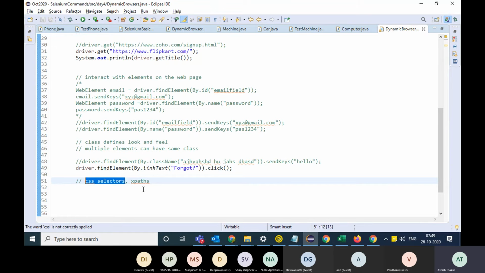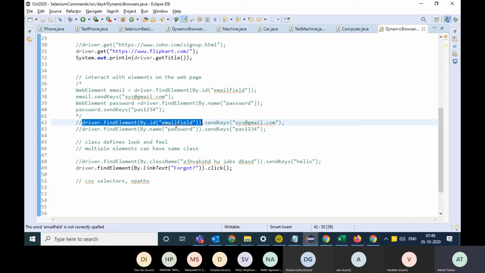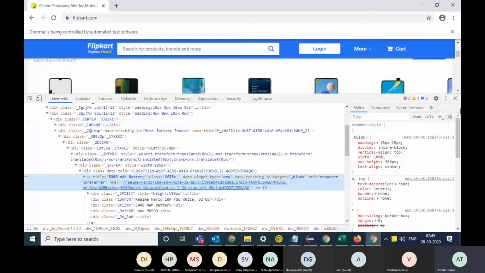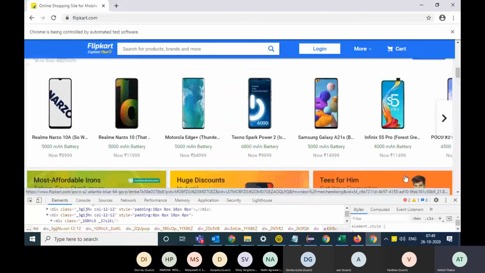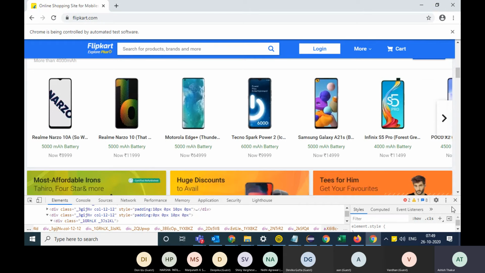Now, moreover, at times people ask, or there are situations wherein you get two elements with the same ID. It should not happen that on a web page there are multiple elements with the same ID. In the case of mobile apps, when you use Appium, you get multiple elements with the same ID, but in a web application, a website, you should not have two elements with the same ID. However, if you get two elements with the same ID, how will Selenium react?